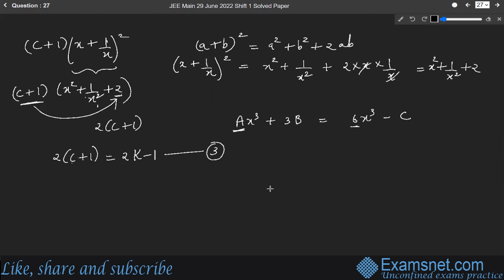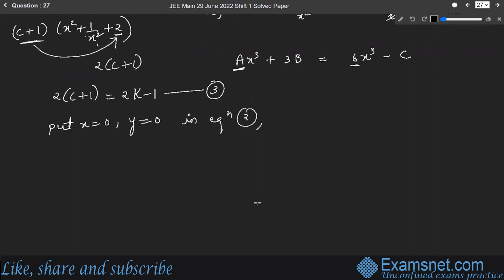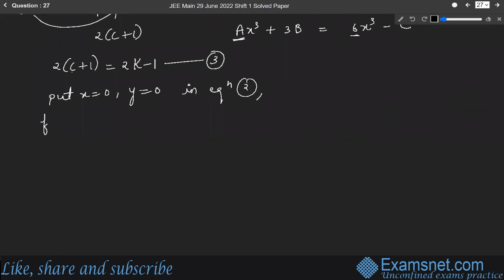Now the next step that we have to do is put x equal to 0 and y equal to 0 in equation number 2. What is equation 2? It is a function that is already given. So let us write the equation first. Equation 2 is f of (x + y) is equal to f of x plus f of y minus xy. So if we put x and y equal to 0, it will be f of 0 plus 0, that is f of 0,